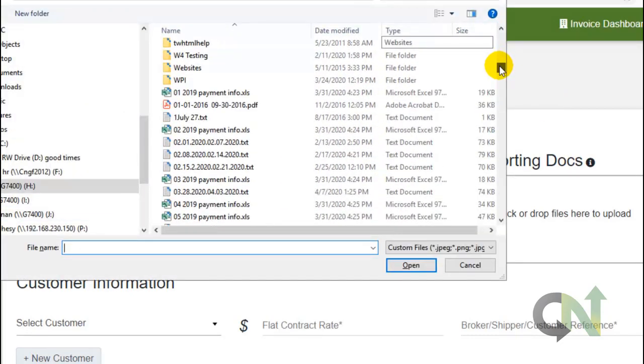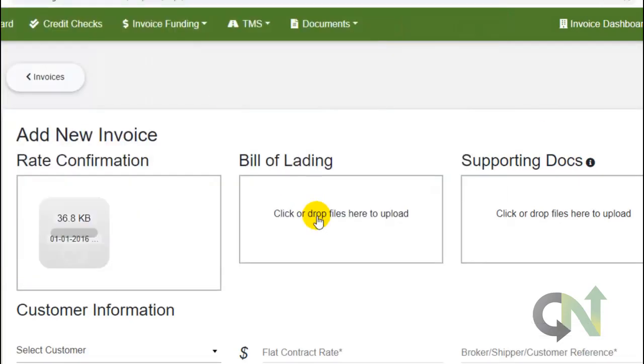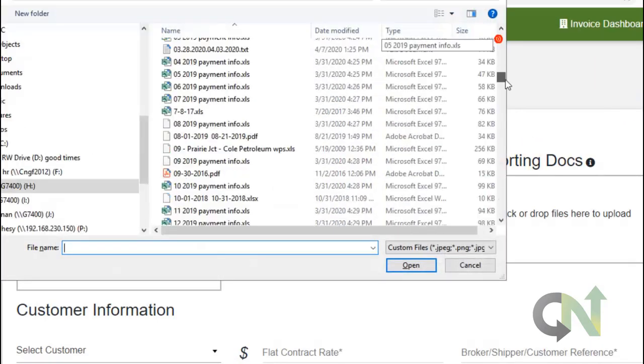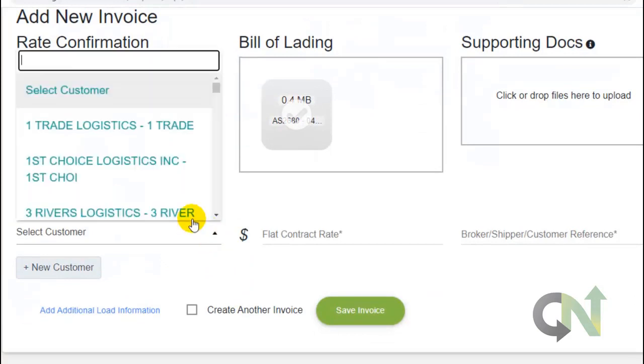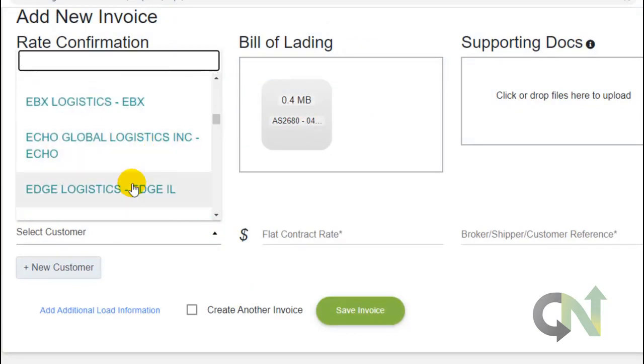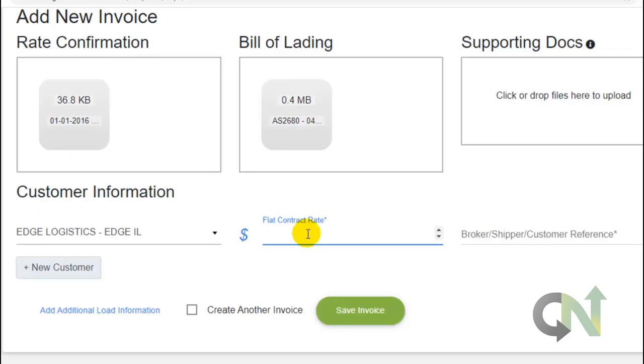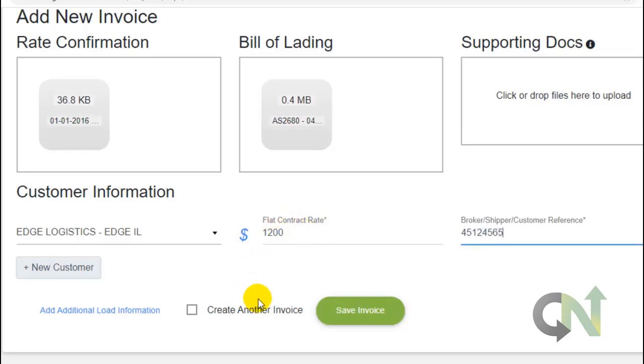So again, I'm just going to quick through adding some paperwork here. I'm going to choose my customer that I want to bill, my amount, and again, the reference from my paperwork. If I am finished, I would hit Save Invoice. If I have another one to add, I would put another check and create another invoice. I'm going to click Save Invoice,